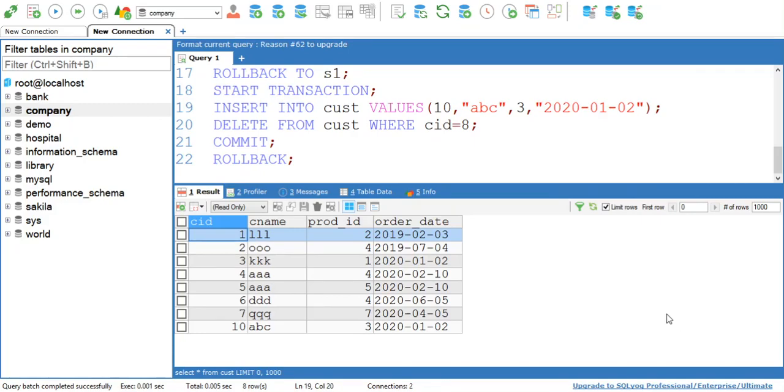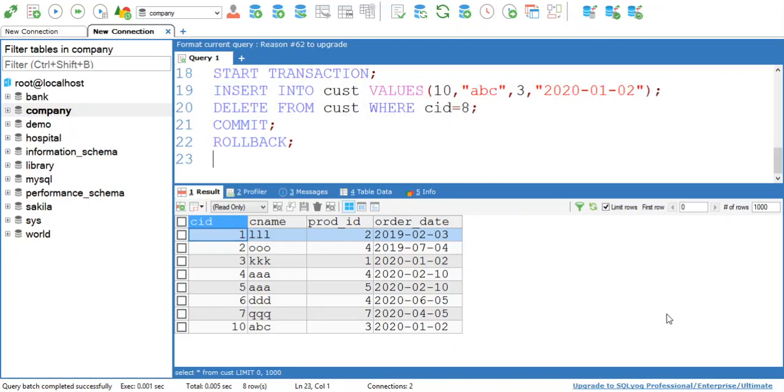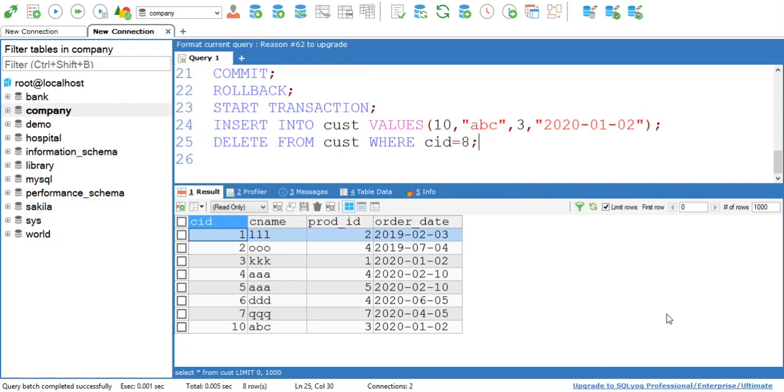See here, customer ID 10 is as it is in the table, and customer ID 8 is deleted. So rollback has no effect on a committed transaction. Now let's execute another transaction with the same commands.